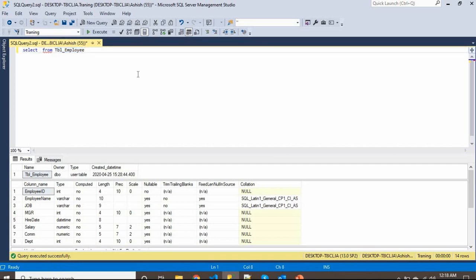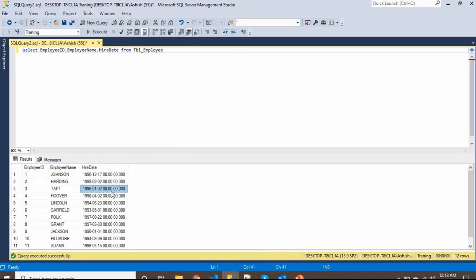There you can see your columns: employee ID, employee name, and I won't take all the columns, I'll take only the hire date. See, all these values are displaying. Now you have to show this data to your manager. You will not show this kind of data to your manager, you have to format the value. Suppose he wants it like this. Like this the values are showing.